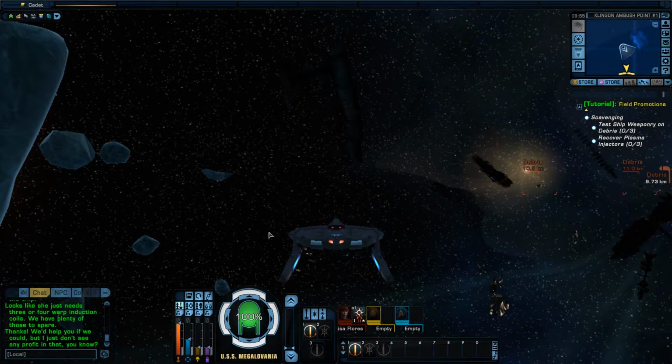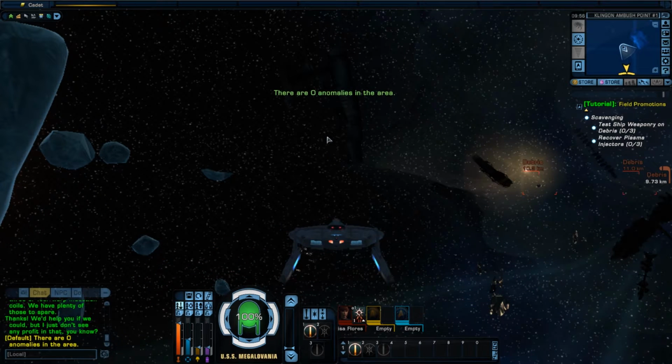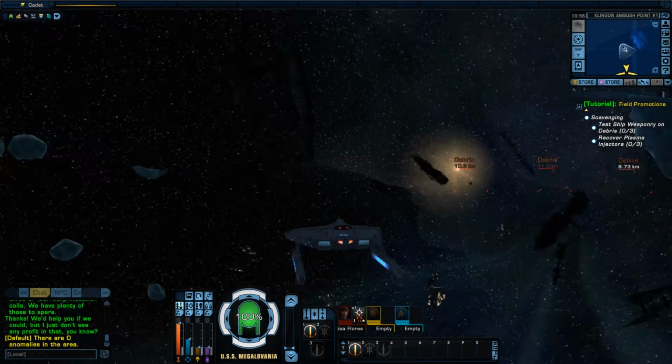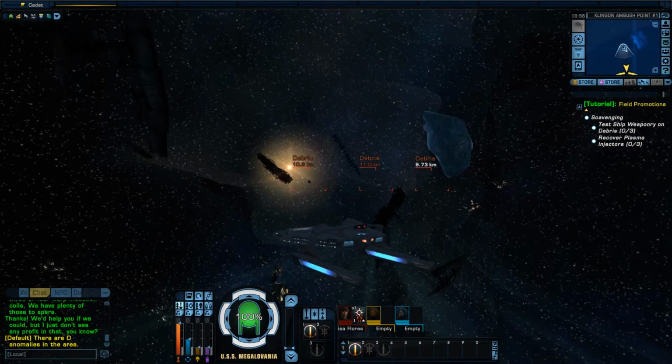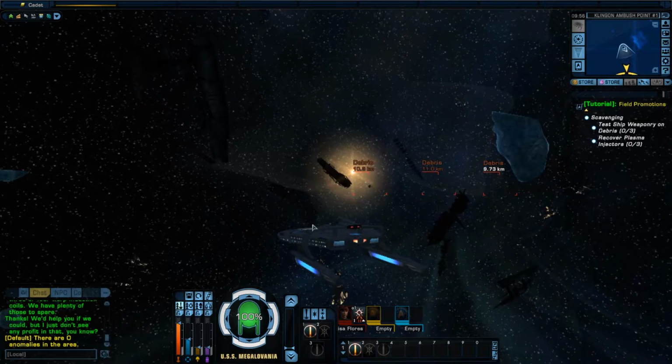Scanning was really useful back in the heydays of the game, when crafting was based on gathering objects throughout your missions and other parts of the universe. This button right here, which hasn't been removed yet, is scan area. It will scan an area, and if it finds an anomaly, which it will at one point, your